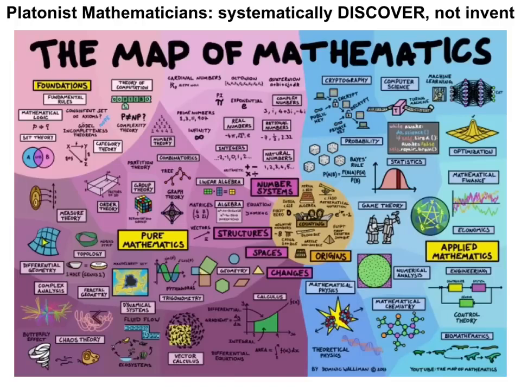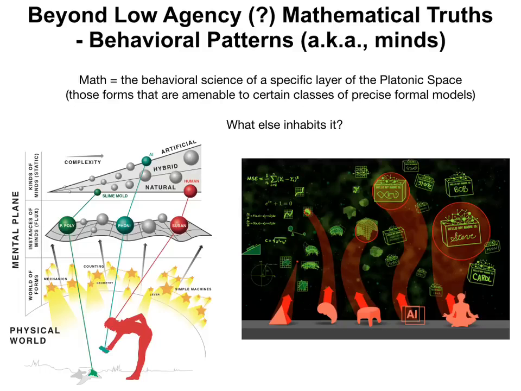mathematicians that believe that there is in fact a space, that what they're doing is mapping out this space, that they are systematically discovering, not inventing, but discovering the kinds of objects that live in that space, and they can sort of move from one to the other by learning about each one, and that sort of helps them navigate that space. And that's the conventional view, is that this Platonic space basically contains properties of mathematical objects, truths of different branches of mathematics. But one thing we can do is we can ask what else might be in that